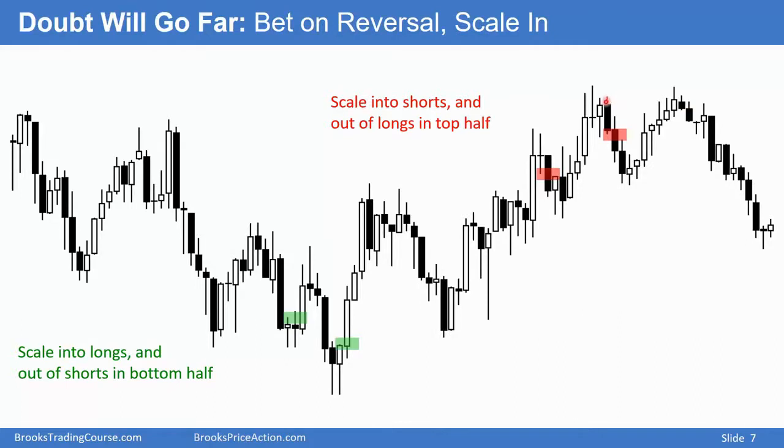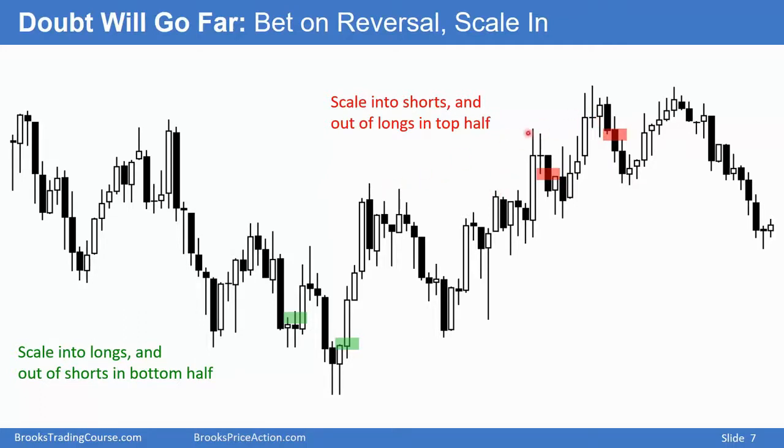When you're in the top half, top third of the trading range, traders begin to look for reasons to sell. A break above this high probably will fail, probably will not get far. Some bears will sell here. Others will wait for a strong bear bar and then sell below the low. Here it's a second entry short. Down, this bar fell below that bar, triggering a first entry short.